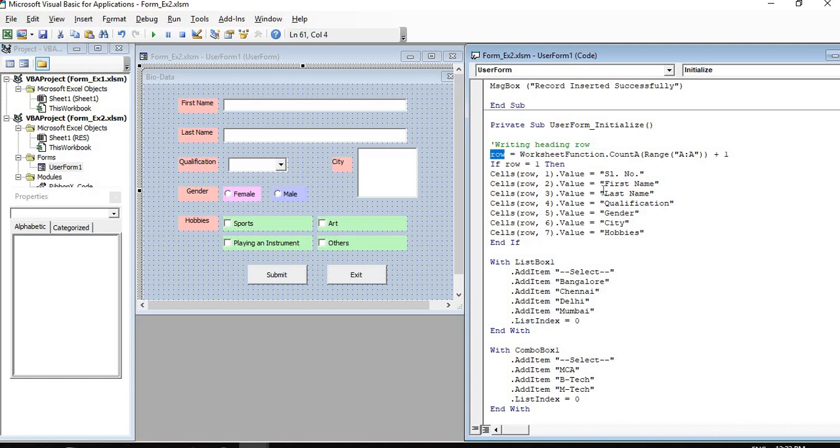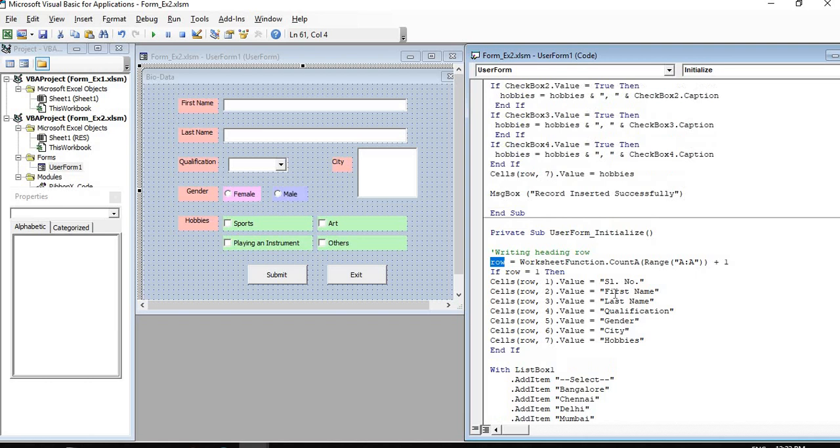If this row equals 1, that means it is an empty sheet. So we have inserted the header, and for the list box and combo box, we have initialized all the required options or values. So this goes with our form initialize.